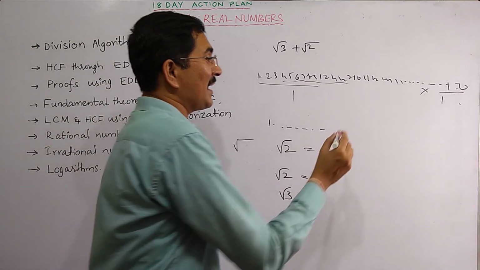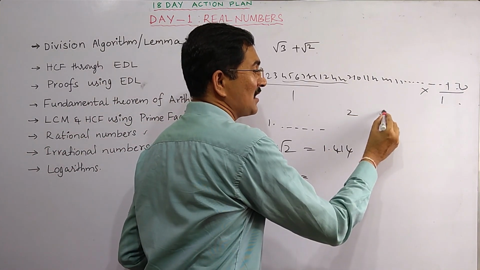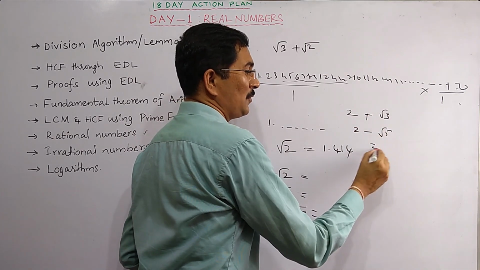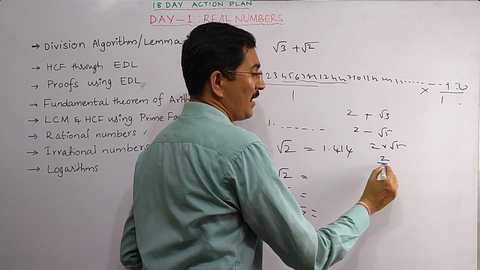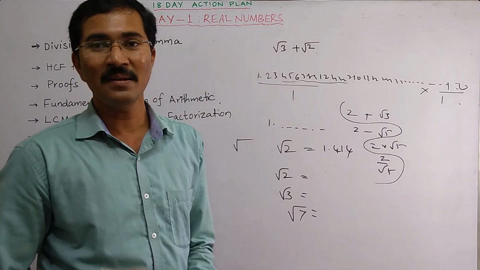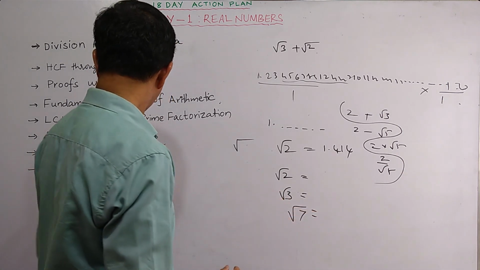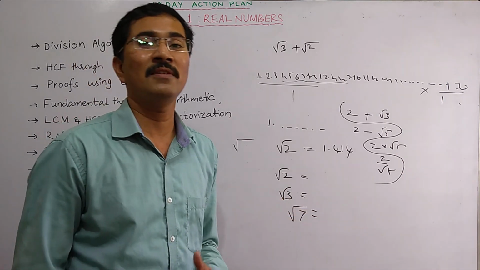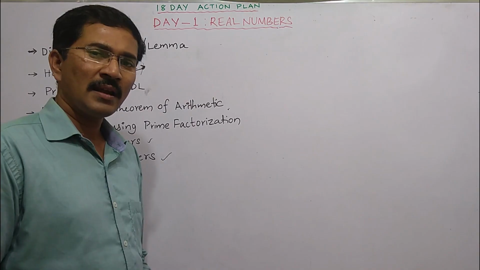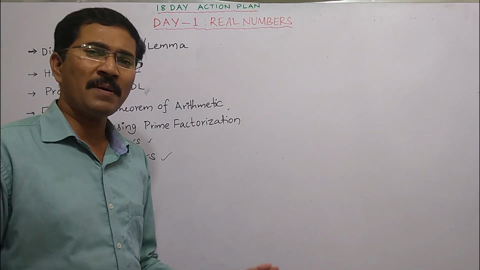But if you take a rational number and an irrational number, and you add them, subtract them, multiply them or divide them, no matter what, they always result in an irrational number. That is the last part of this topic, where we have to prove whether a number is rational or irrational. That will come across in the problems. Coming to the last part of the chapter,